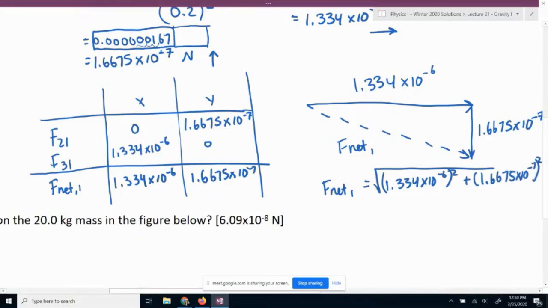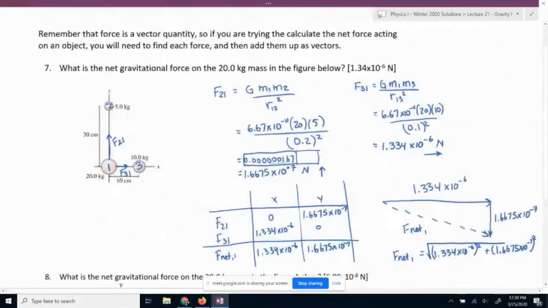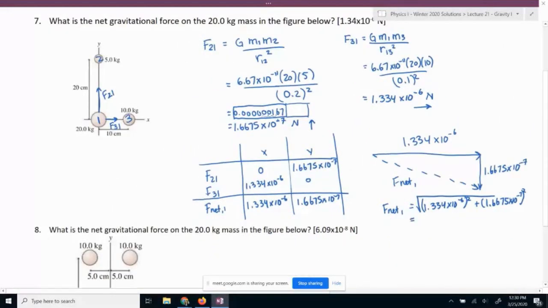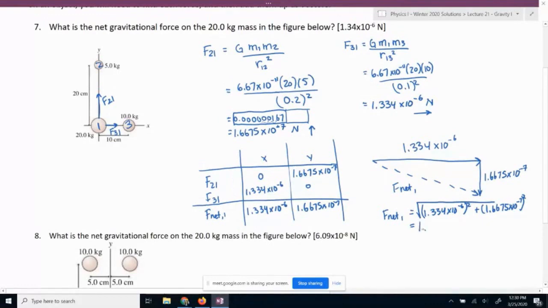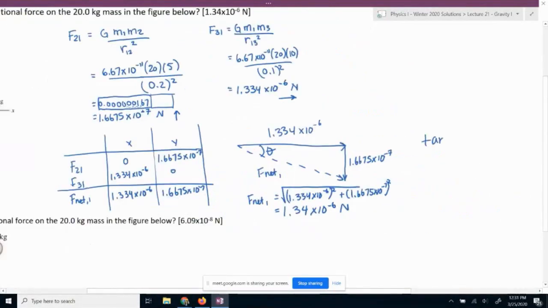The question wants to know the net gravitational force, which means not only do I have to write down the magnitude, which should hopefully be this number, 1.34 times 10 to the negative 6 newtons, but I also have to find this direction here. So I can say tan theta is equal to opposite over adjacent. And when I solve for theta,